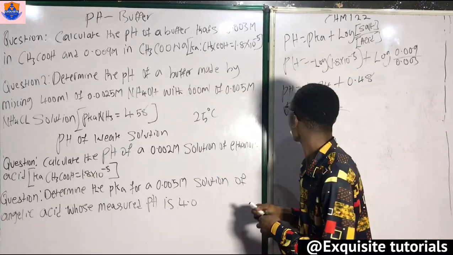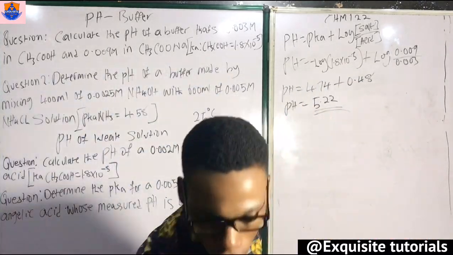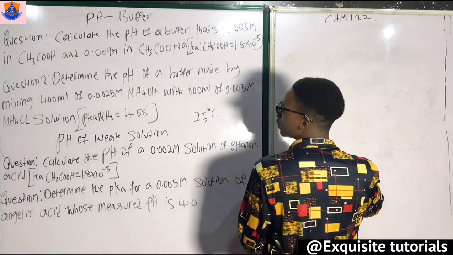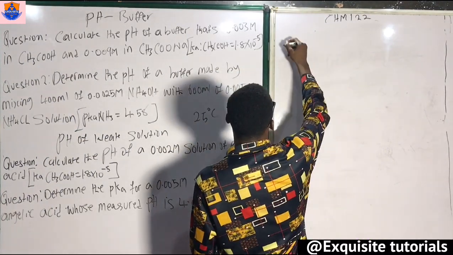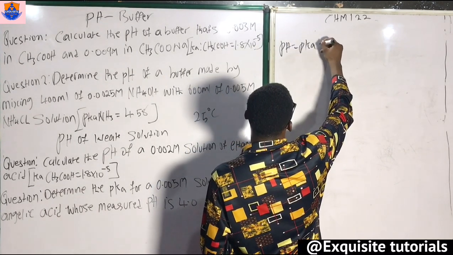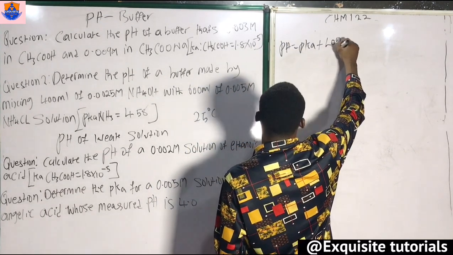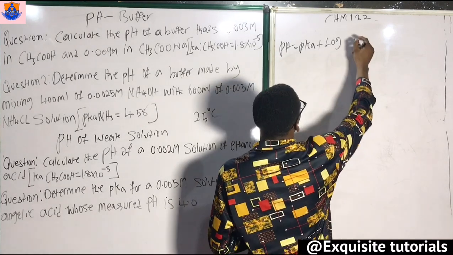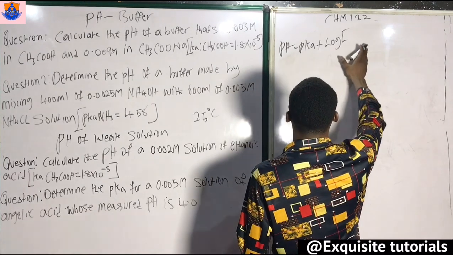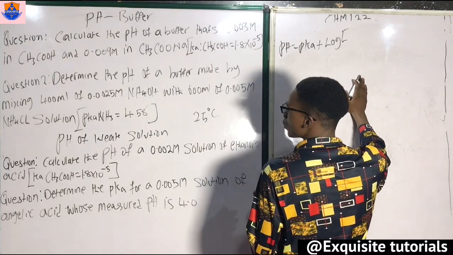Now let's determine the pH. We have pH is equal to pKa plus log concentration of salt over acid, or concentration of base. Now they gave us